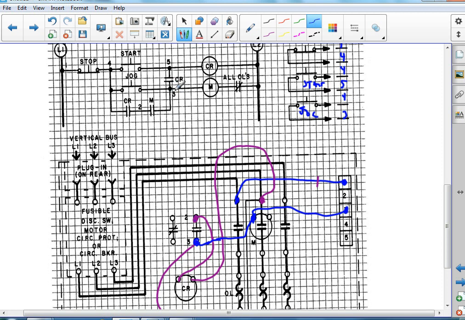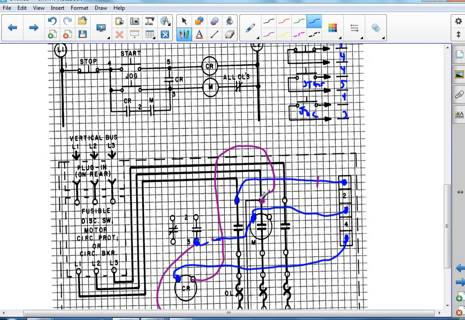All right. What is that? That's 3. This is 5. 5 goes to the control relay. 5, not 2. Okay, so it's 5 that's going to the control relay,